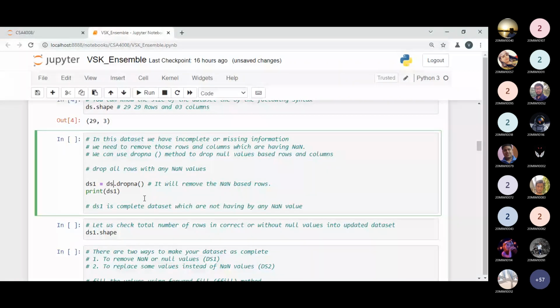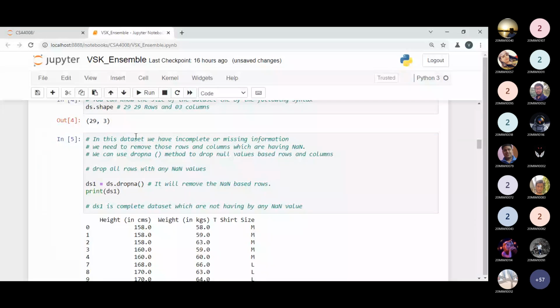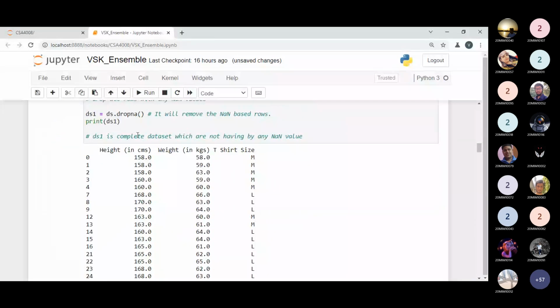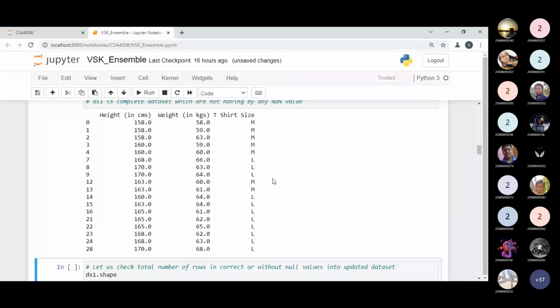Let me show you my proof. Okay, are you able to see this screen? Are you able to see this data set which is coming after removing the not a number values? Are you able to see? Yes, sir. And are you observing that after the 16th row as index value, 17, 18, 19, 20 are not coming? Why? Because those rows contain the null values.